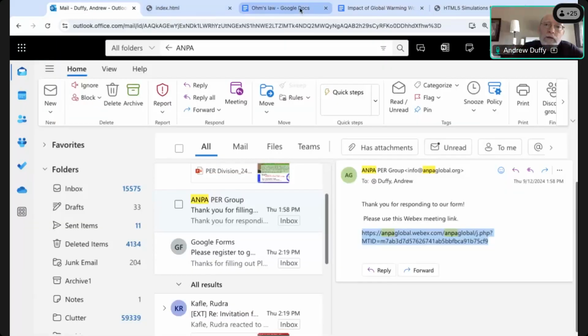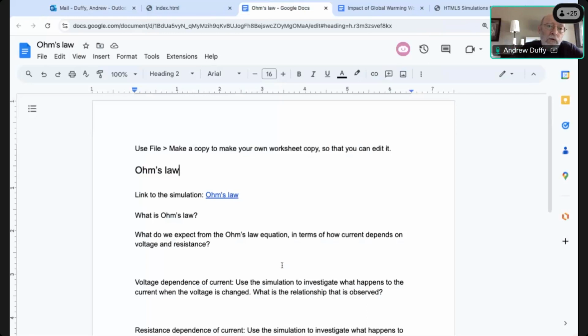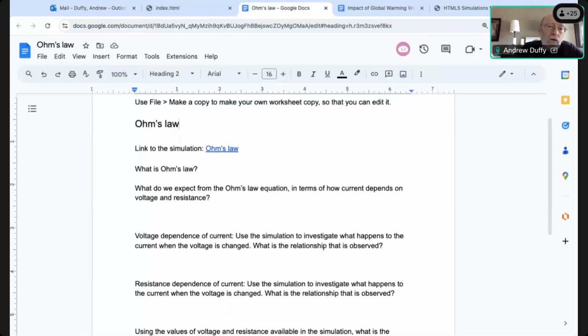Yeah, I mean, we saw this Ohm's law one, right? And we do this all the time in our studio classroom. We stop talking and we say, all right, here's a worksheet for you guys to work on together. Here's a simulation that goes with it. And so we'll give the students time in class to bring up the simulation, try and think about these questions, work together. And so instead of us telling them how everything works, they're actually figuring it out for